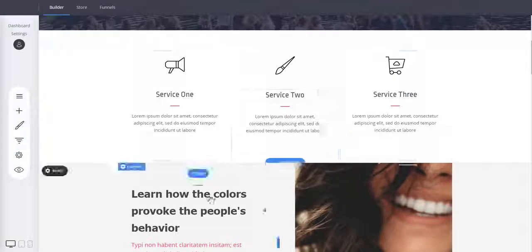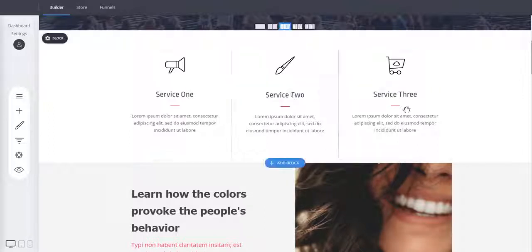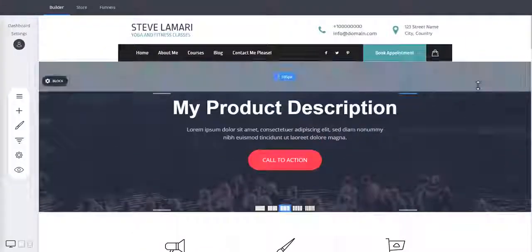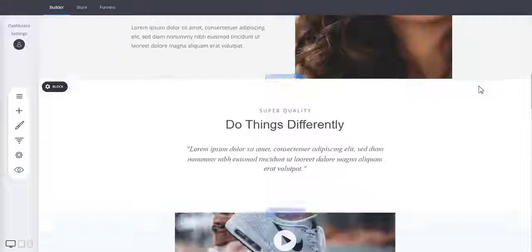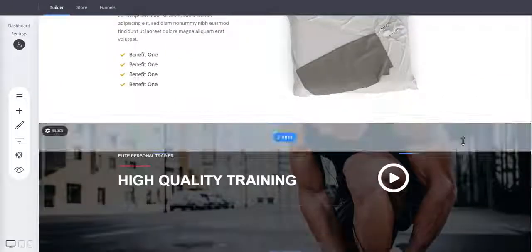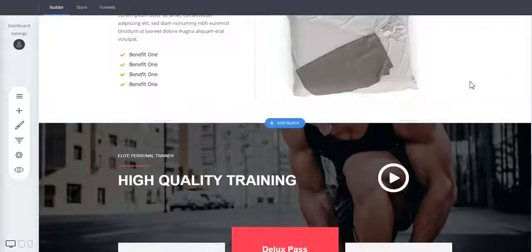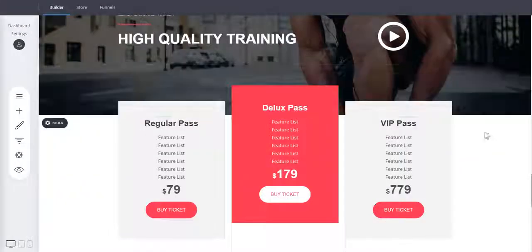All you have to do is just change the text, change the images, rearrange them the way you want, and like this you have a brand new page that you can use for anything, and build your own unique designs for your websites, for your funnels, whatever it is you're trying to do. Yeah, give it a try, see how it works, and if you